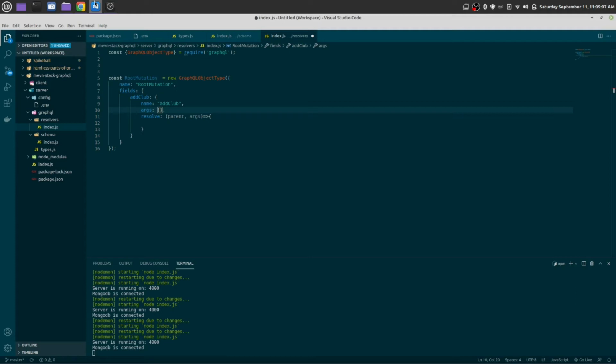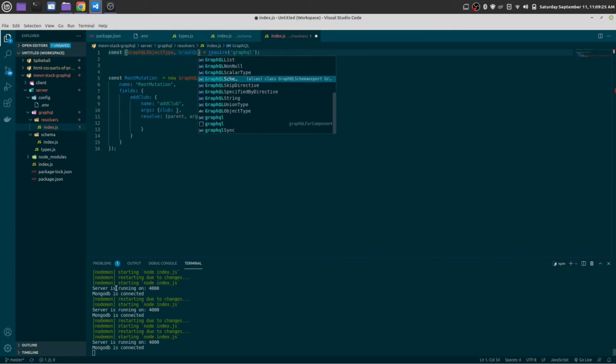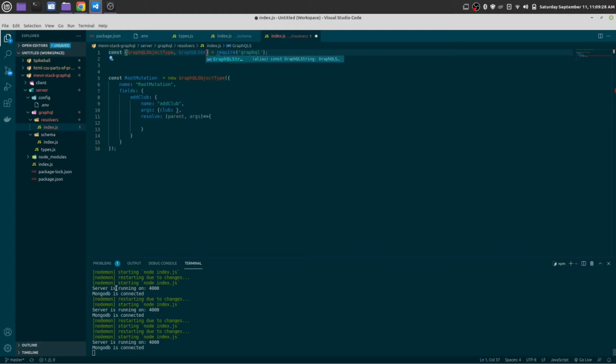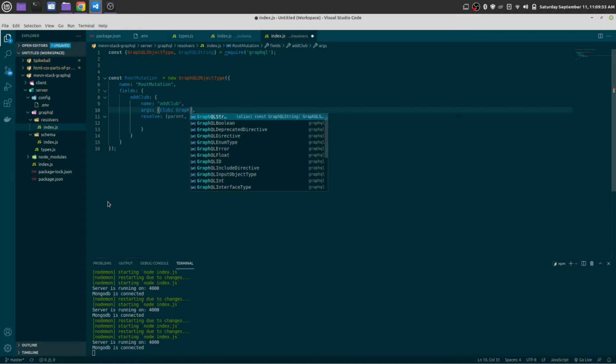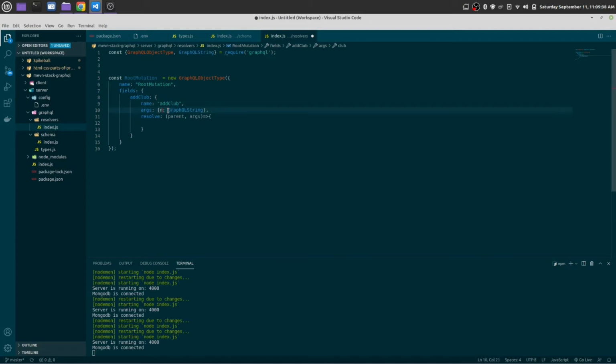Okay, the first parameter will be club, and this is type of GraphQL string type, comma, GraphQL string type. Okay, actually let's make it name. This makes more sense, name and league.